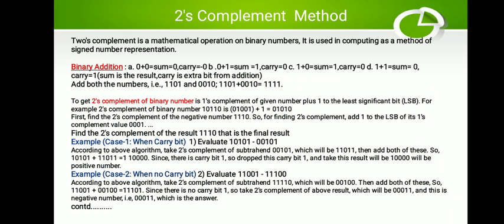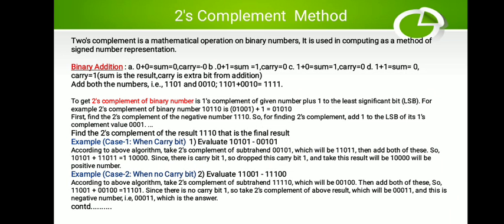Now how to find the 2's complement of any given number? Suppose it is 4 bit, n bit, any number of bits. First the procedure is to find the 1's complement, which we have seen earlier. Just simply negate the given number, any bit number, and then the step is to add one extra bit. But where to add the extra bit? To the LSB position, that is the rightmost bit.